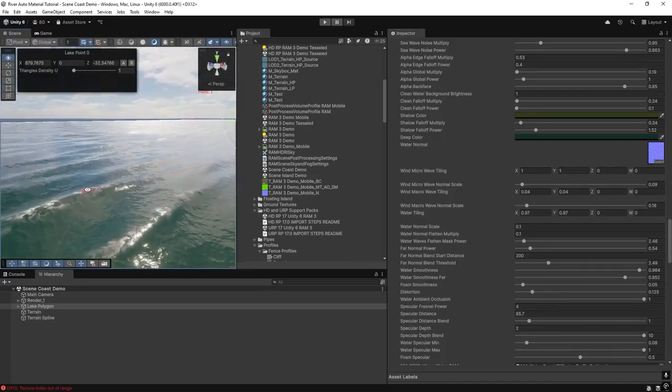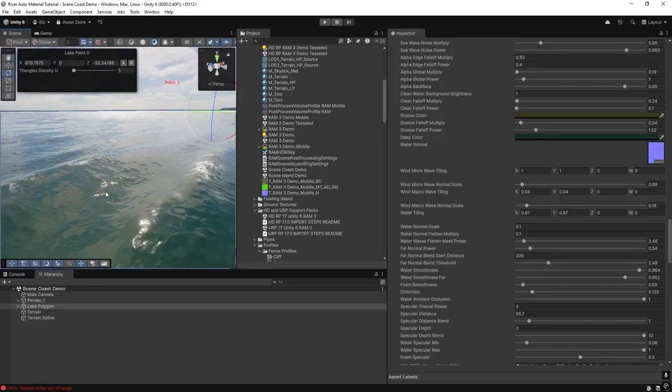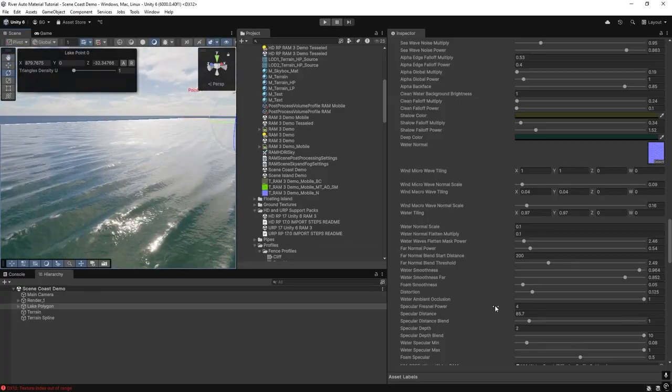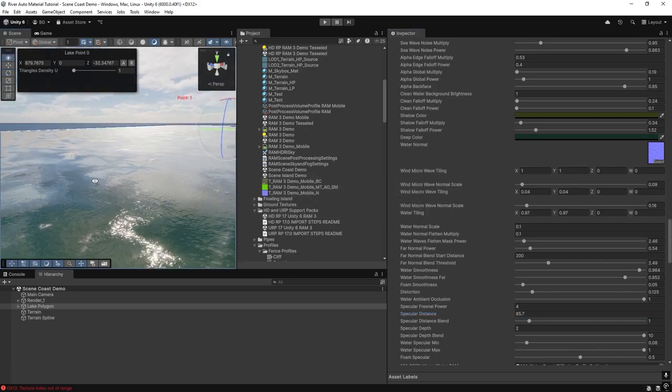So on the waves, the specular will be reduced, while it will be higher on the flat area. You also have a specular distance, so you could set up different specular for close and far distance,